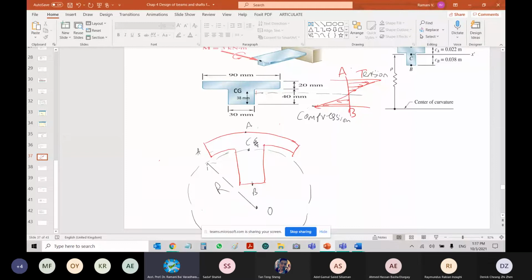And you have A and B, where you can get your maximum values. This A to CG, how much is A to CG? Anyone? Just now we plotted. This is going to give me the distance for Y max for compression. And this is going to give me the distance for